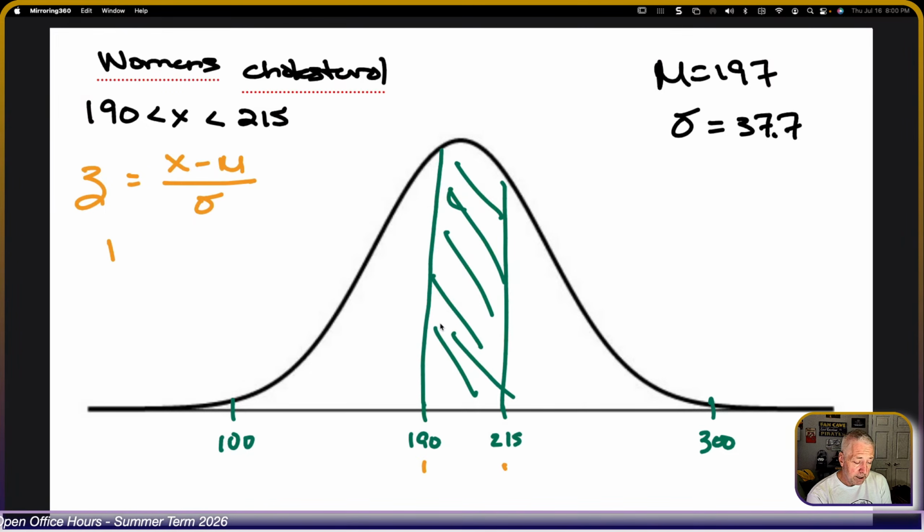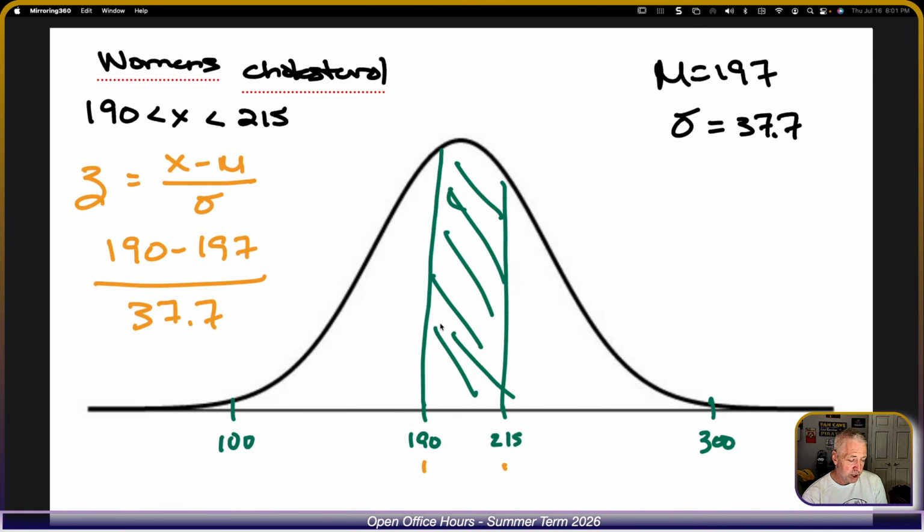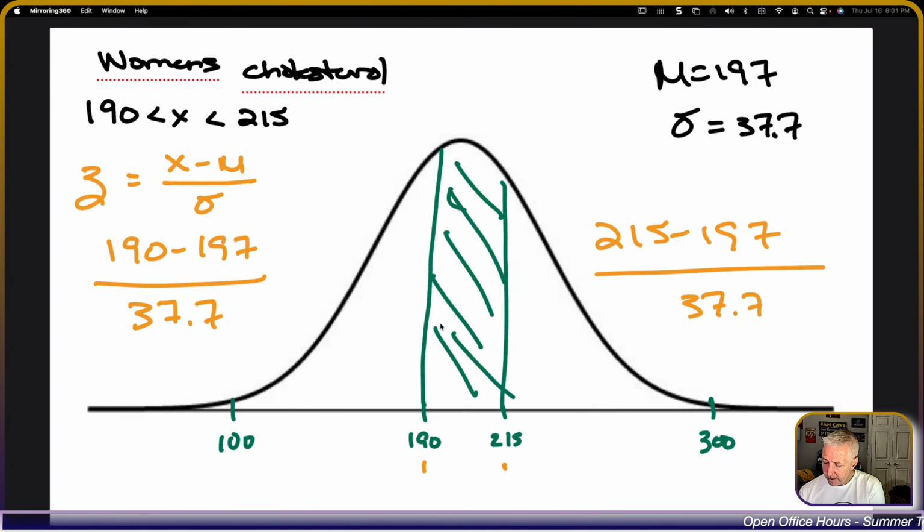For the 190, I'm going to have 190 subtract 197 divided by 37.7. And for the 215, I'll just put it over here: 215 subtract 197 divided by 37.7. So I'll just skip a step of erasing and going back there. So I've got 190 subtract 197 divided by 37.7. And I get